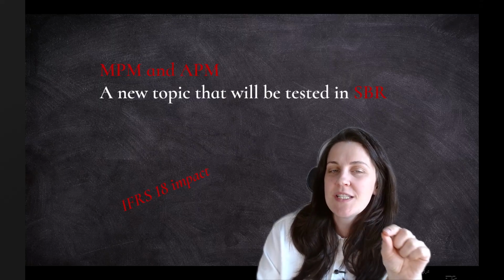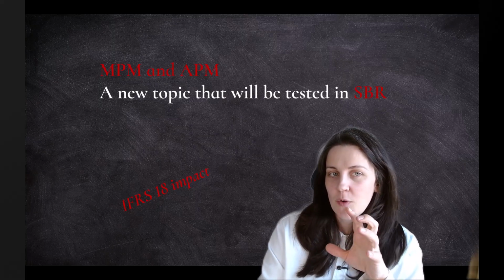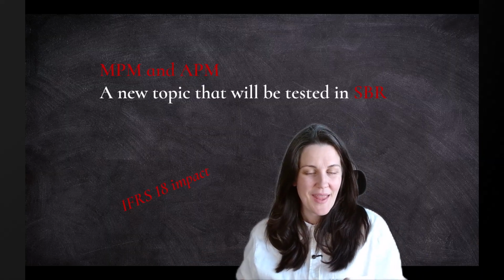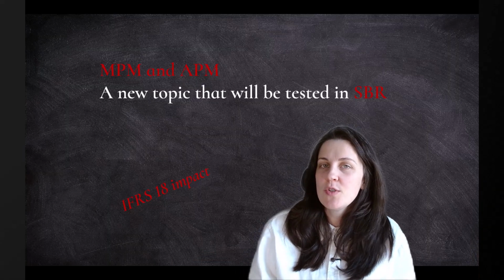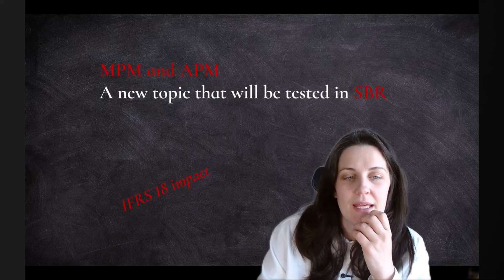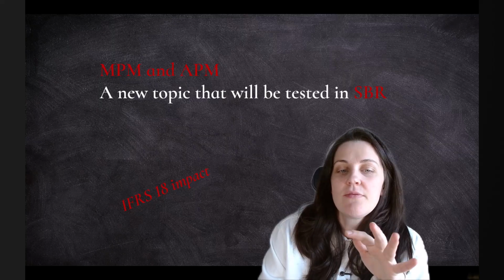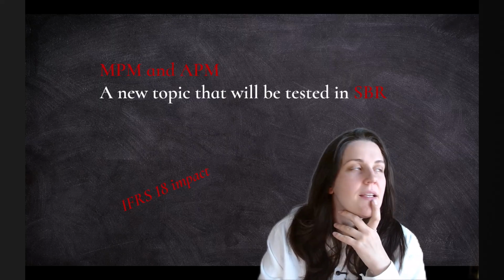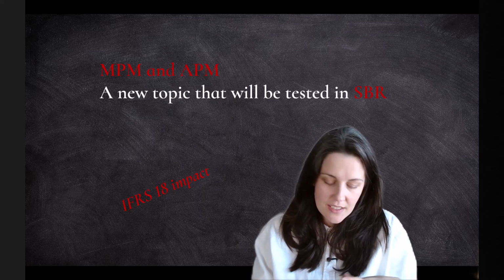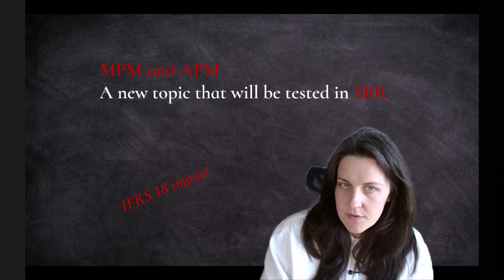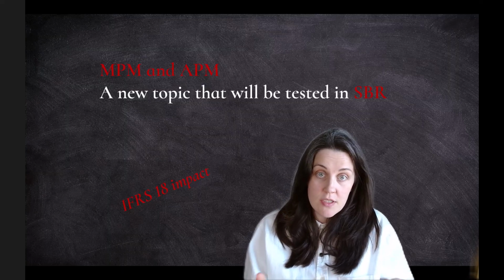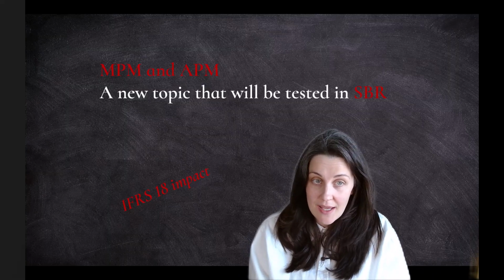MPMs are management-defined performance measures. We abbreviate them as MPM, not MDM. And these are subtotals of incomes and expenses. So we can't say anything about assets or liabilities because it's not income or expense. It cannot be a subtotal of only incomes, such as an adjusted revenue figure, because it's not a subtotal of incomes and expenses in this very case.